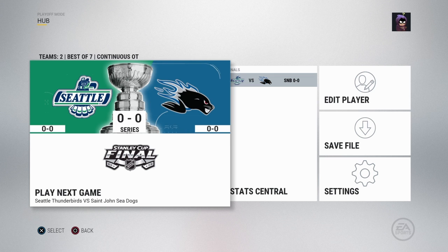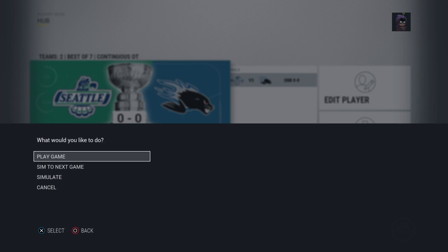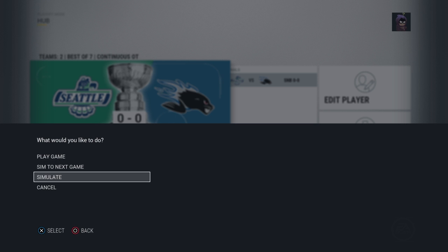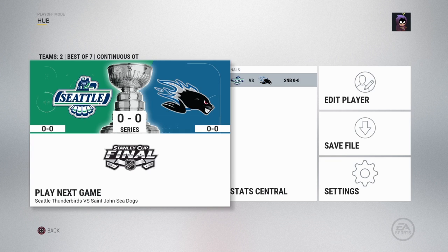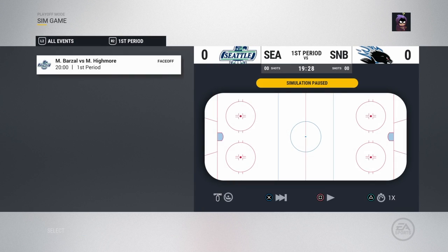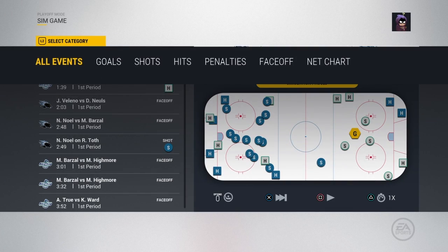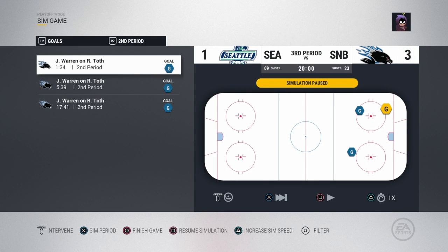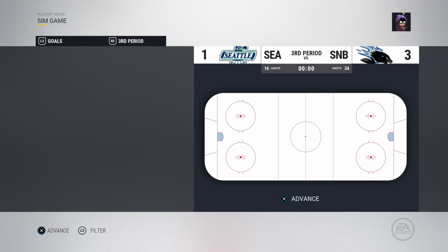All right guys, this is the second last game. It's Seattle versus the Sea Dogs. It's a big game because the loser could potentially be eliminated and the winner could potentially go all the way to the Memorial Cup final. So this is a really big game here. After the first period, it's a 1-0 game for Seattle. Second period, it's 3-1. St. John's comes back, and St. John's is going to take it. Seattle might be eliminated depending on how the next game goes.